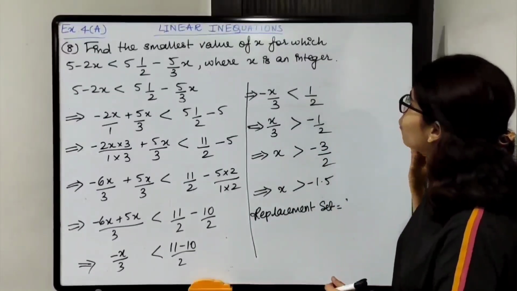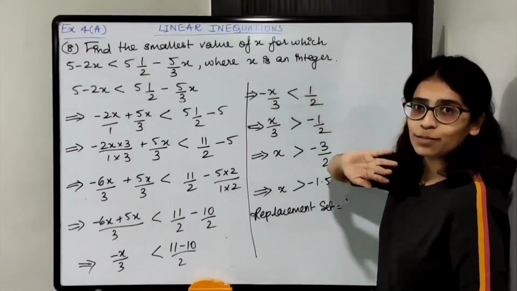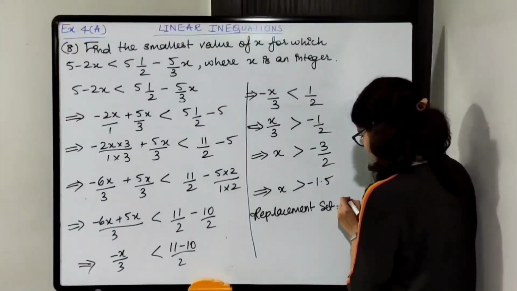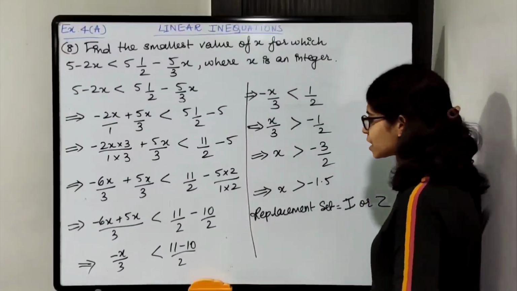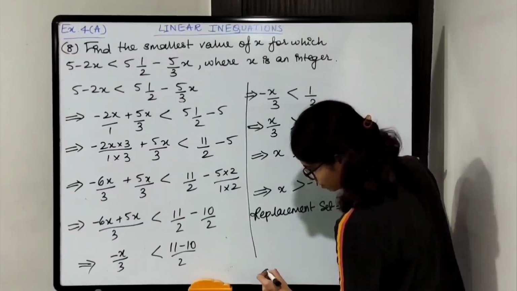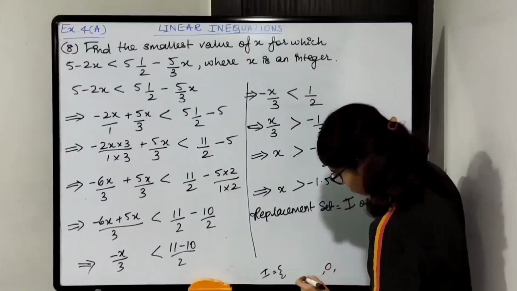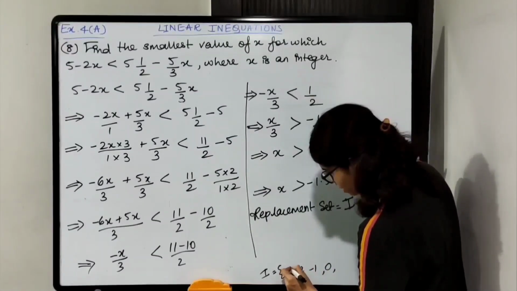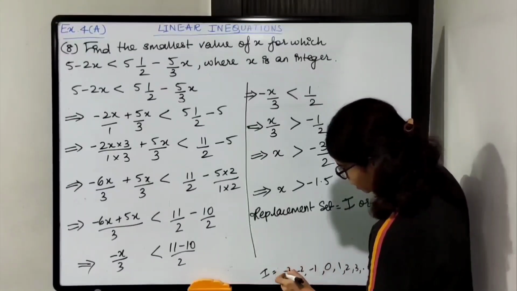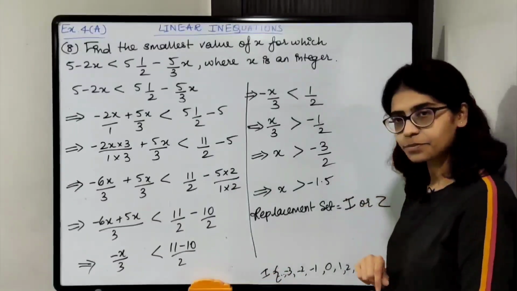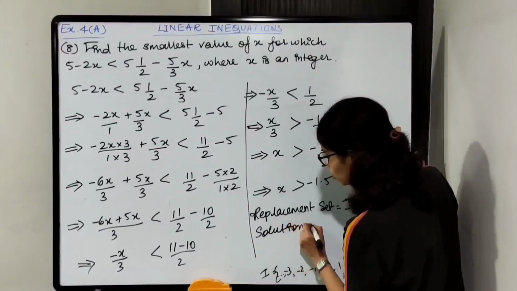So find the smallest value of x. Smallest value find out करना है. For which x is an integer. So x is integer, that is I or Z. Okay. So integers का set क्या होगा? Just write down over here first. Negative numbers, positive numbers and 0. So 0, minus 1, minus 2, minus 3, plus 1, plus 2, plus 3 and so on infinite. यहाँ पे भी infinite dot dot dot कर दो. Okay. We have to choose the values from this. First we'll write down the solution set. Then you will find out smallest value क्या होगा.